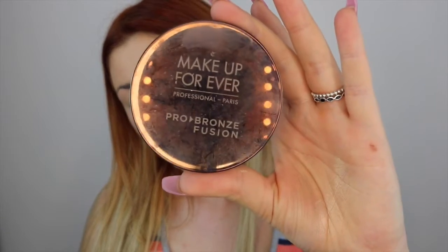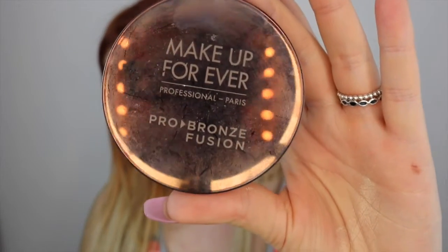Love this brush. And then for bronzer, I'm using the Makeup Forever Pro Bronze Fusion in 20M. And yeah, just warming up the face where the contours of my face are: cheekbones, forehead, chin. I absolutely love this bronzer. It looks the most natural. It doesn't go patchy on me. It's just great. Some people don't like it because it's quite